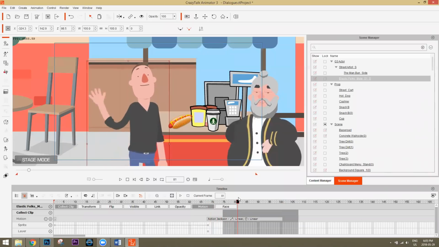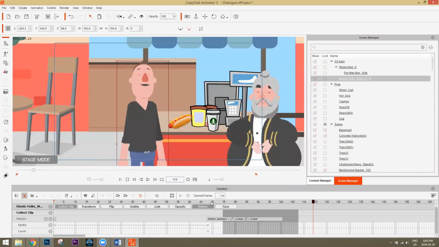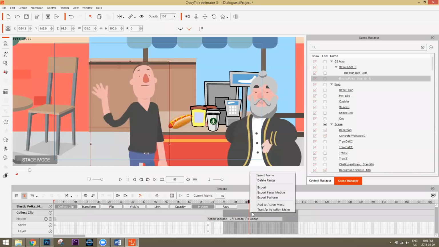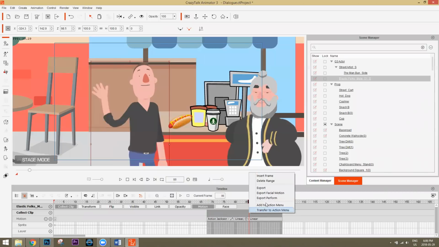And you can see we have the facial and lip sync and everything like that. If we turn up the volume there. Hey, hello, my friend. Okay, so obviously it's not the entire dialogue that he's meant to say, but you can hear the audio. It includes the audio, the facial animation, and the body animation. So that's the perform. That's a perform motion. And facial animation will only be the face. Export will only be the body. If I did something like export, like this, right click, export.